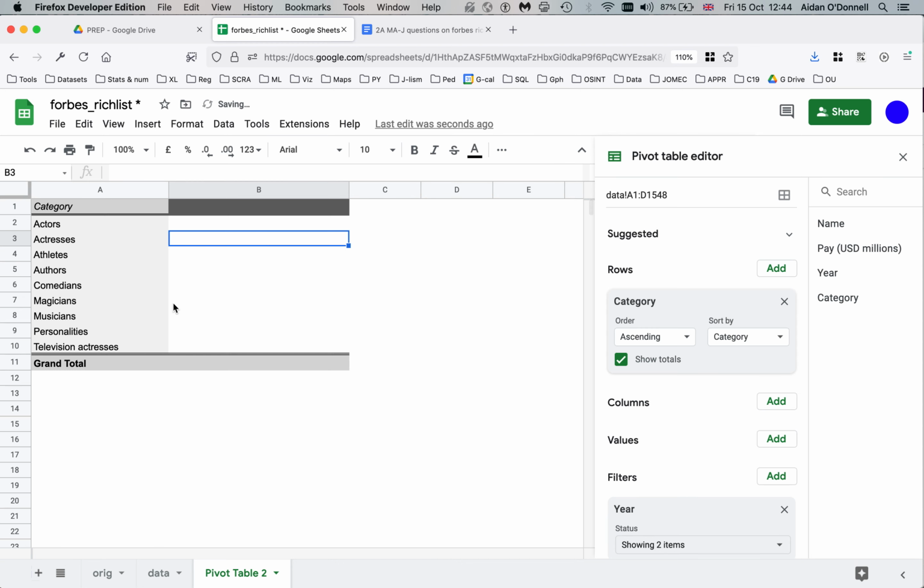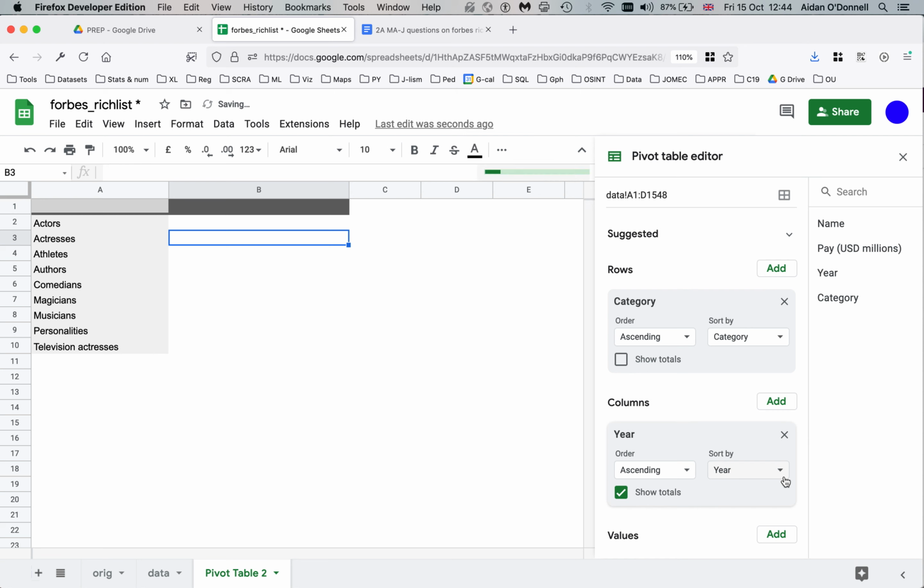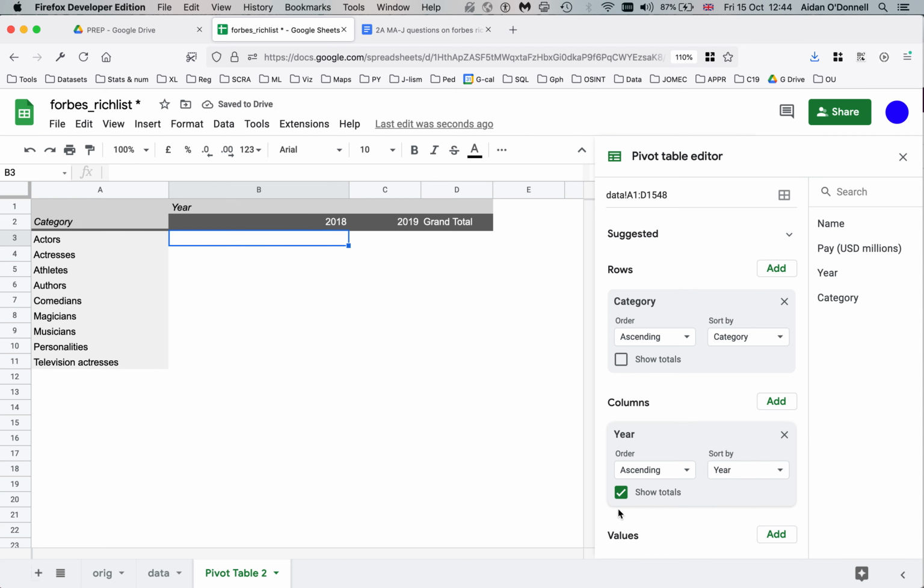So here we are again with all the different categories. Now that we've filtered years, there's not that many of them, so why don't we add them in as the columns? There are only 2 years, 2018 and 2019. Great. And the question we have is